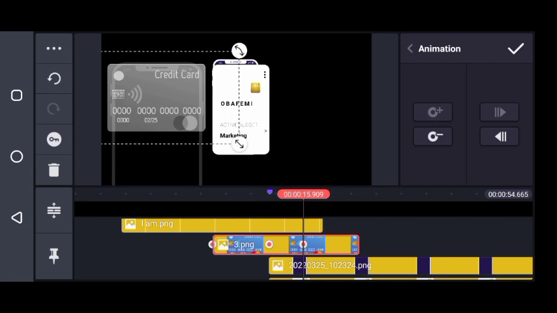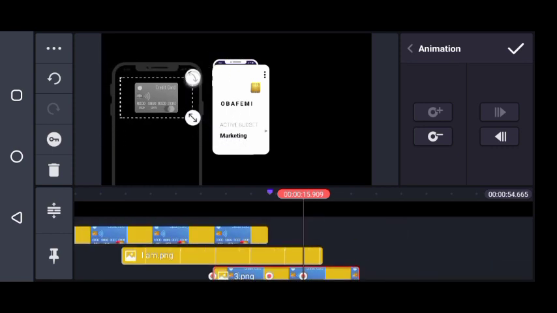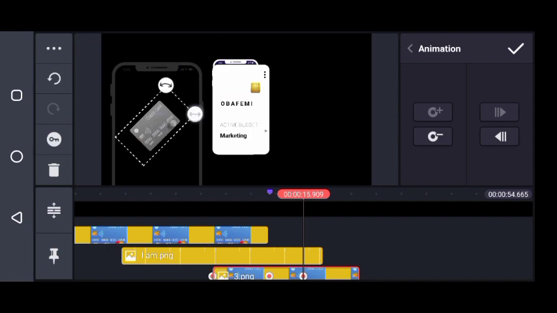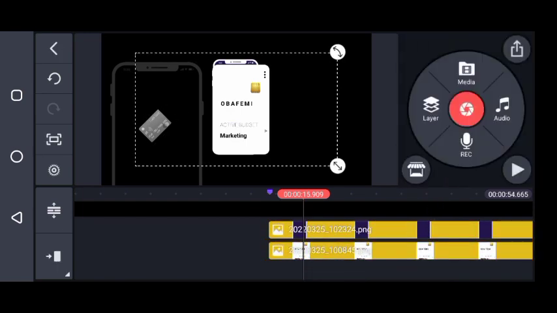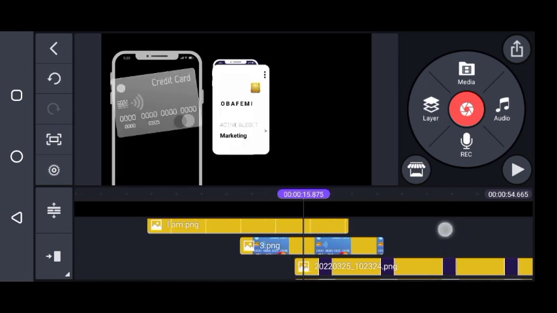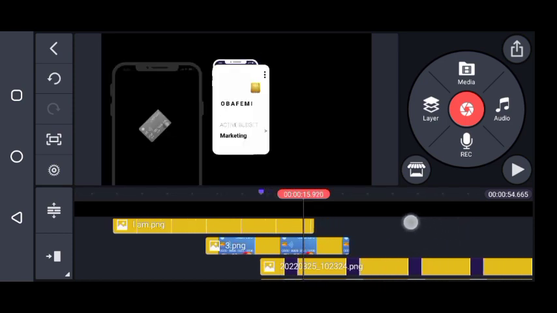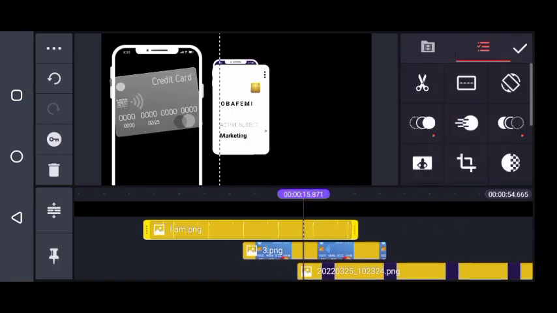Alright, so this place now, we want this one to be very small, and as it's small, rotate like this, go like this. Let's make it smaller so that this one will enter in a way you will see the way they will do. Okay, so make sure you first of all do the card so that you can understand the way you are going to do it. Alright, now this one will come out,